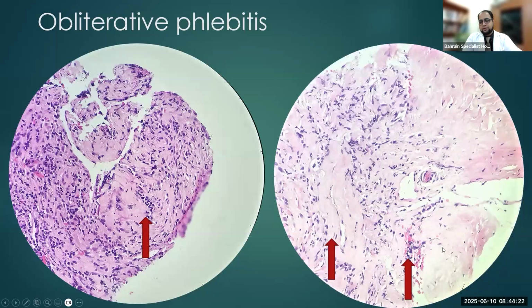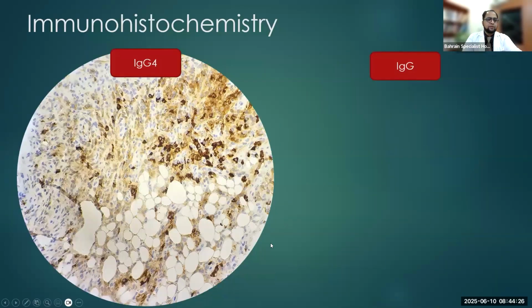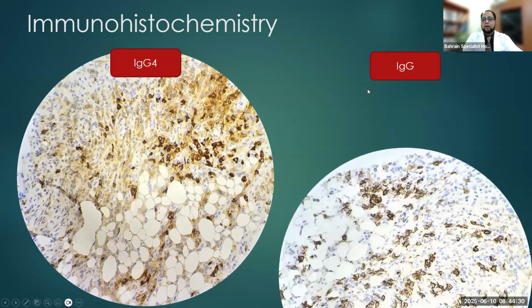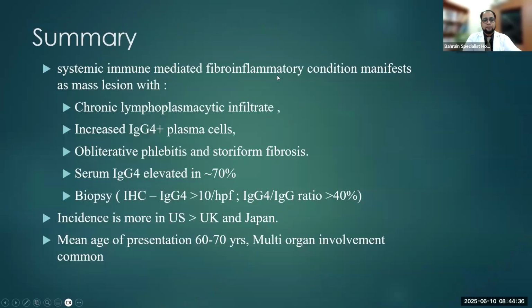So these are the findings which were seen, and we went ahead with IgG4 immunohistochemistry, and it was more than 35 per high power field. And IgG was also done to see the IgG4 to IgG ratio on immunohistochemistry. It was more than 40%. So to summarize,